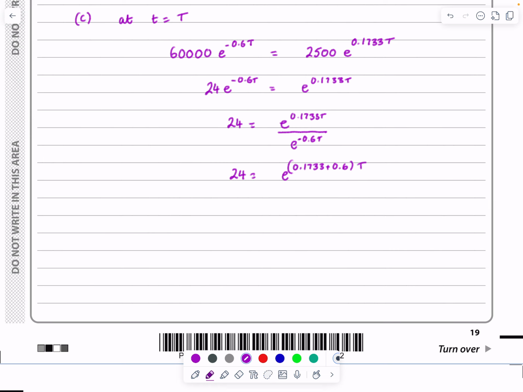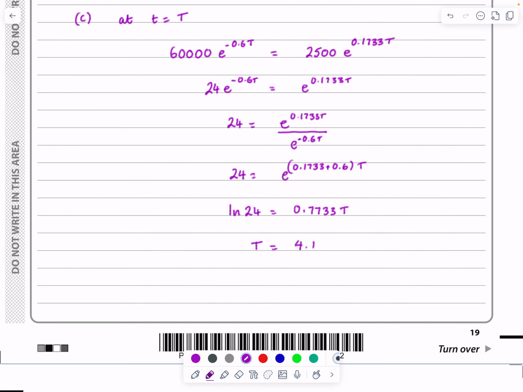Okay, just fussy when we're doing all this, but if I get to that stage, then log both sides. Log 24 is now equal to whatever 0.1733 plus 0.6 is. So that's going to be 0.7733t, and so t is going to work out to be log 24 divided by that, which gives me